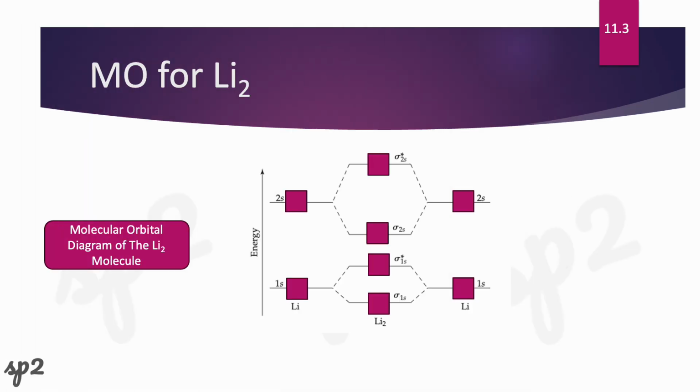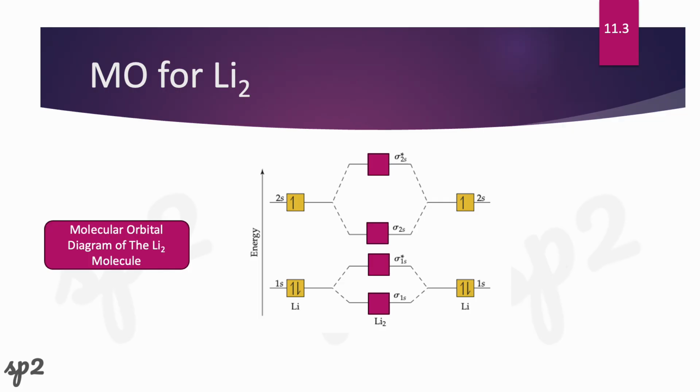Now, here's an example for the lithium-2 molecule. As you can see on the left side, we have the atomic orbitals for our lithium, and on the right side, we have the atomic orbitals for the other lithium atom. When you're looking at your lithium electron configuration, we're going to have 2 electrons in 1s and 1 electron in 2s. It's going to be the same thing for the other lithium atom, so 1s2, 2s1. Now, when you're combining your 1s atomic orbitals, we're going to get these two